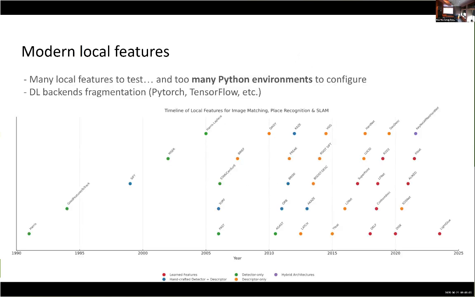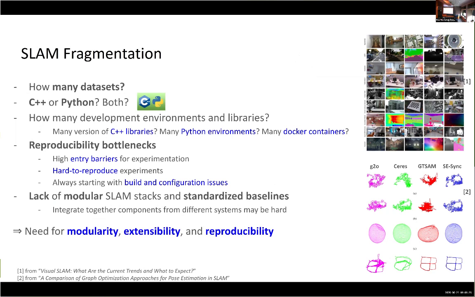Challenges. So how many local features did you see? There are quite a lot, and each of them comes with its own Python environments, and there is fragmentation: PyTorch, TensorFlow, and you know what I'm talking about. Then, how many datasets? C++, Python, both, and how many libraries? For the backends, G2O, GTSAM, Ceres, Sync, and Python environments, Docker containers. I think there is still a big reproducibility bottleneck. We have high entry barriers, hard-to-reproduce experiments, and everything always starts with build and